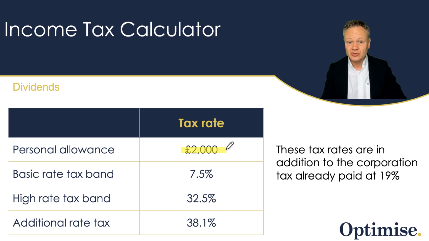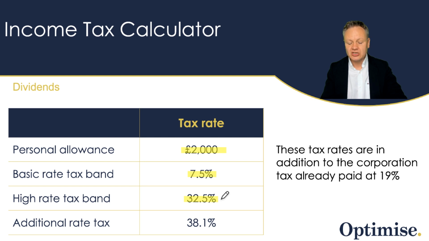So on dividends received. Now, dividends could come from a limited company that you own. It could come from dividends of shares that you own in other companies. And you receive a dividend and you will get a tax-free amount up to £2,000. Now, once you go over that £2,000 and you are a basic rate taxpayer, then you will start to pay 7.5% income tax. As you go up into the high rate tax band, you'll notice that it's 32.5%, not 40%, as we said on the previous slide.